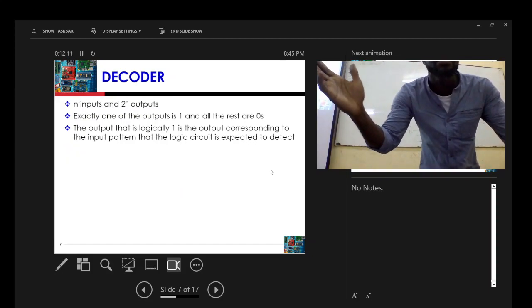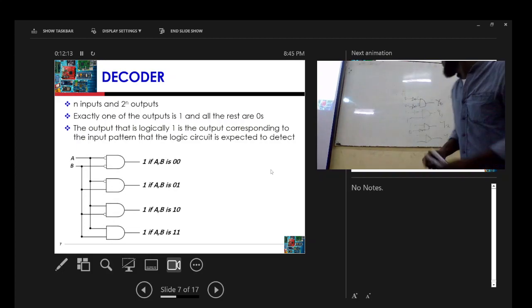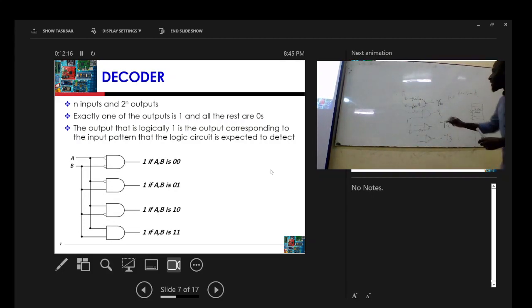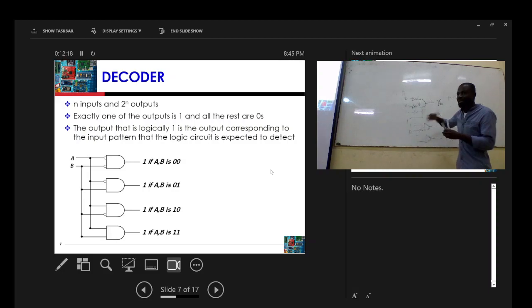Do you guys understand? Yes, sir. So this is how it looks. And then once you have an inverter here, you can decide to make your circuit simple by removing the